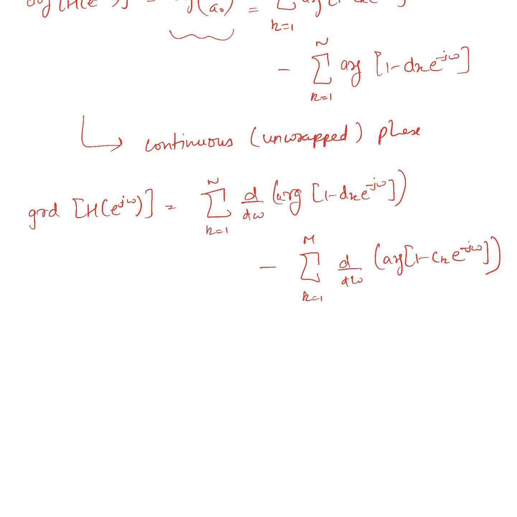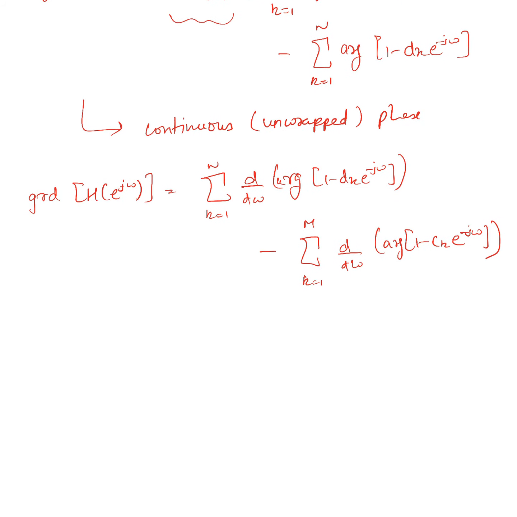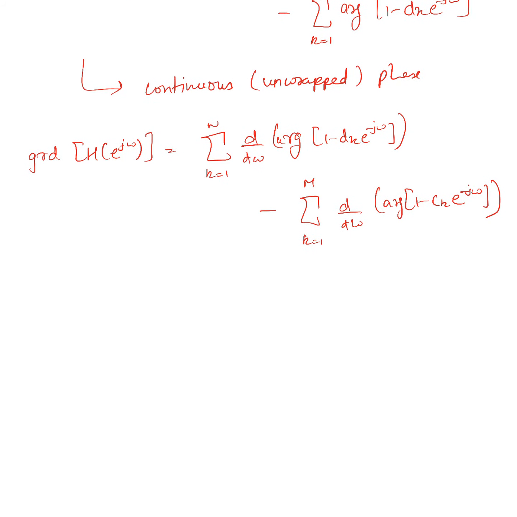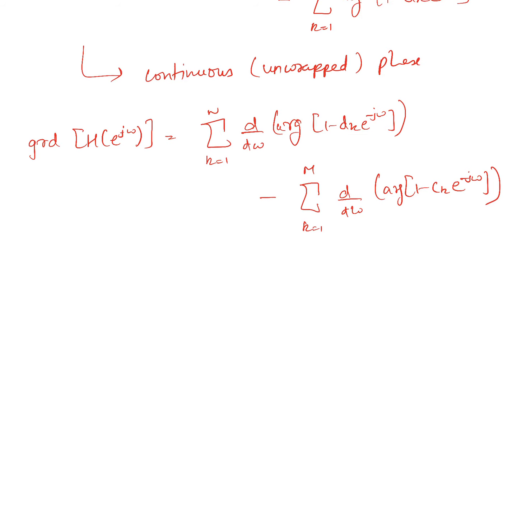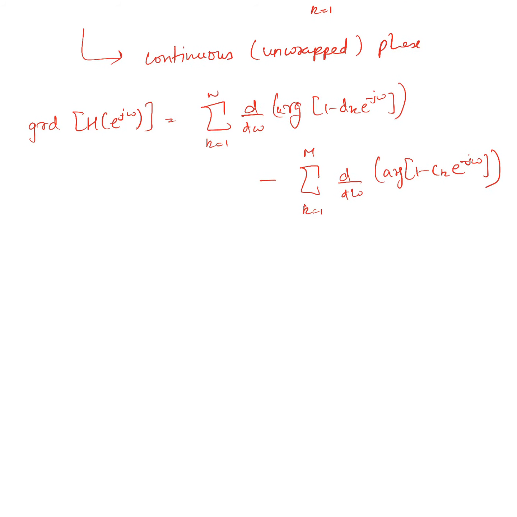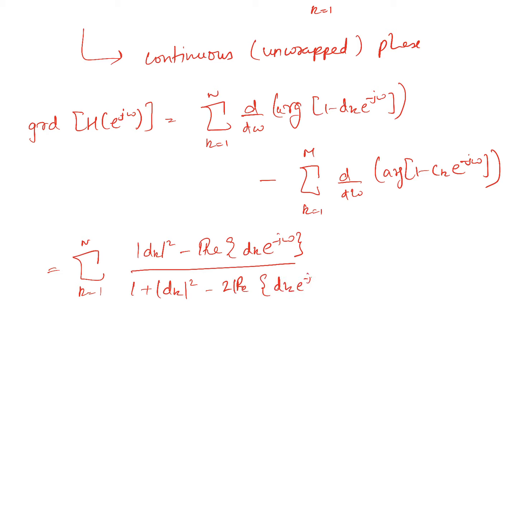By taking these derivatives of these functions, there is one equivalent expression where you don't see the derivative operator explicitly. You can also compute it yourself, which is given as the summation from k equal to 1 to n of mod dk square minus real part of dk e to the power minus j omega, divided by 1 plus mod dk square minus twice the real part of dk e to the power minus j omega,